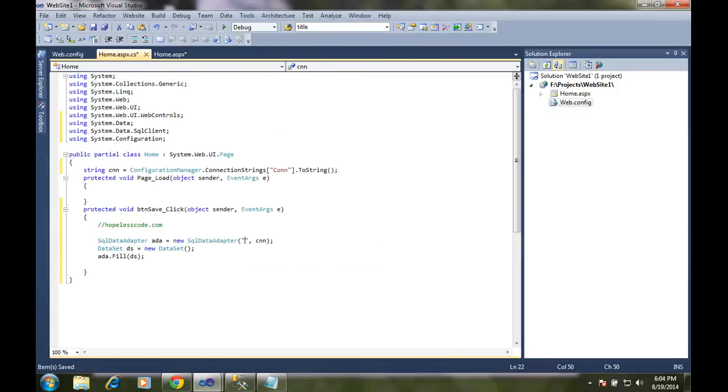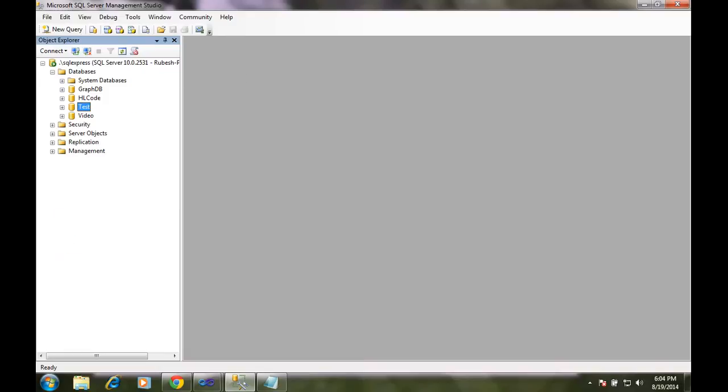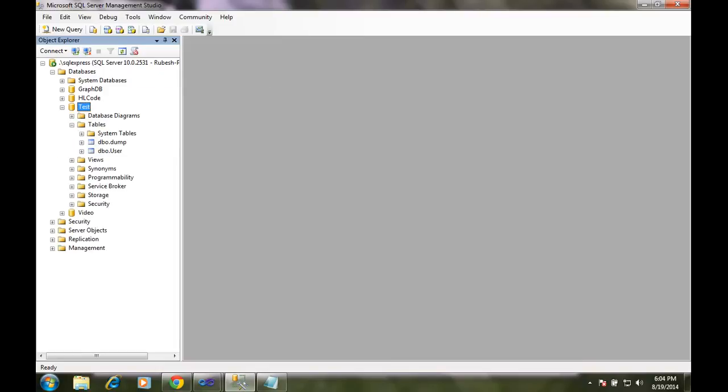Now we are going to give the table name and appropriate values. Just go to SQL. This is the database, how it's opening and everything. I already taught you that. Just right click and test. You can create a new database. In this test, we are going to create one new table. Just right click, new table.